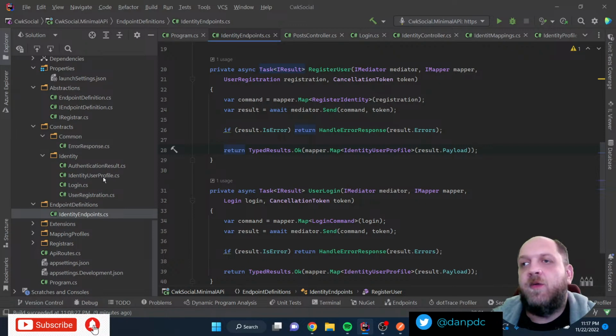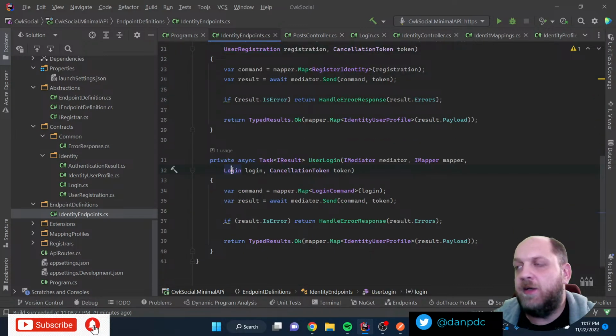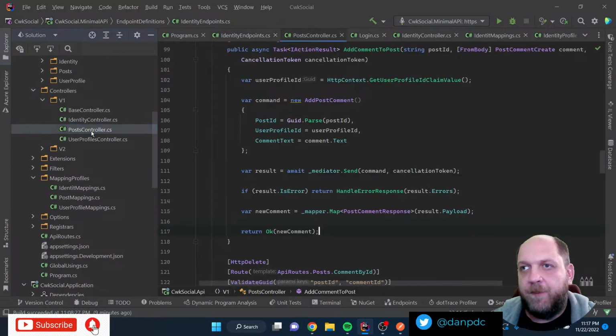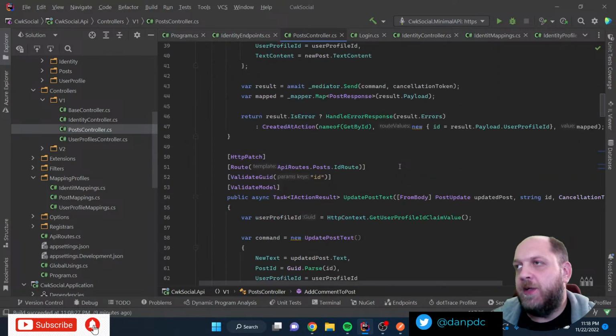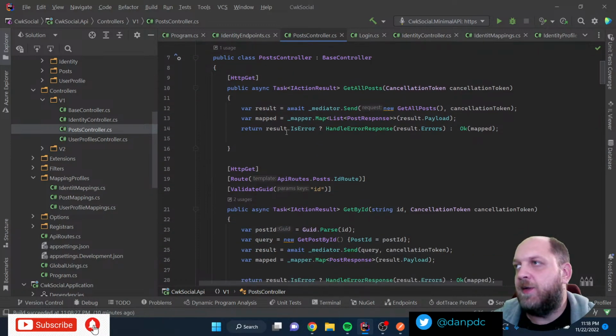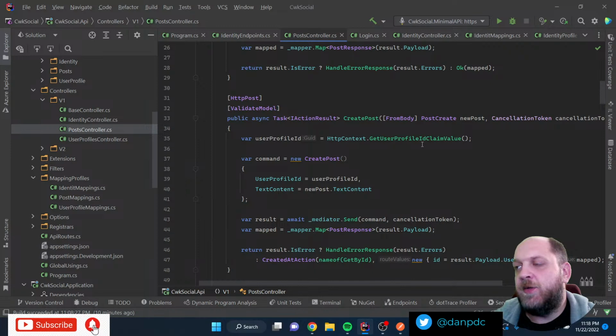Now, coming back to next time, what we want to do is, in this identity endpoint, add validation for the user registration and for the login. Once we also have the validation, I guess those endpoints are totally ready. Then the fun part will come, because we'll go over to the post controller and start to implement basically all the methods that we have here. You see that we even have an authorization policy here on controller level, and basically here we can do a lot of things. We have some extension methods on the HTTP context.